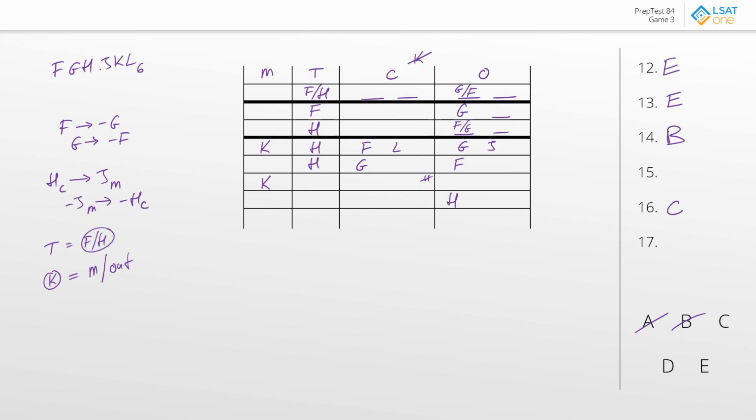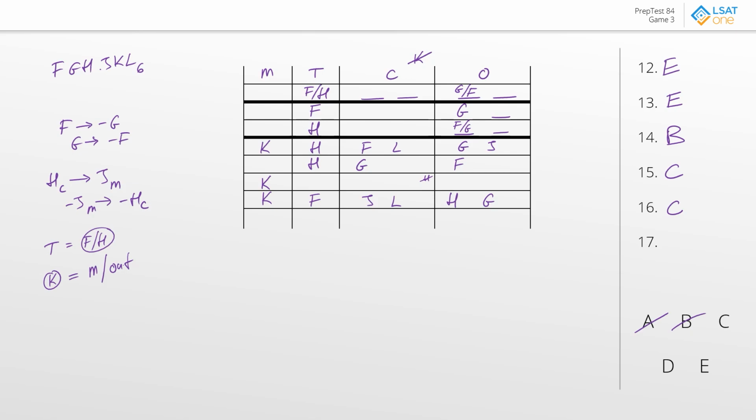If H is out, it effectively forces us into the top scenario where F is the treasurer and G is the one who is out, which means F goes here and then G goes there. Now from there, as we said, K cannot be a counselor, which effectively means that K is going to have to be a mayor at the moment. And that's done because everybody else now has to be a counselor, and that would be both J and L. We're not really breaking any rules, so this seems like a viable answer. The best answer to question number 15 is C. Having H on the outside would have locked the game.